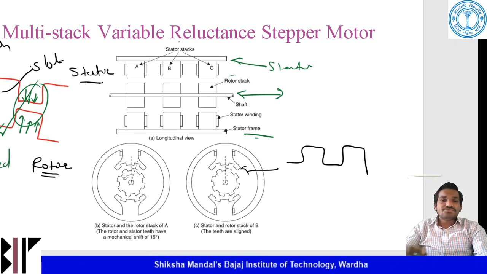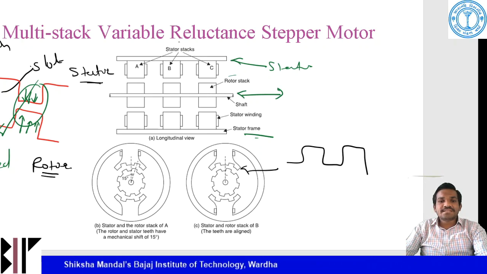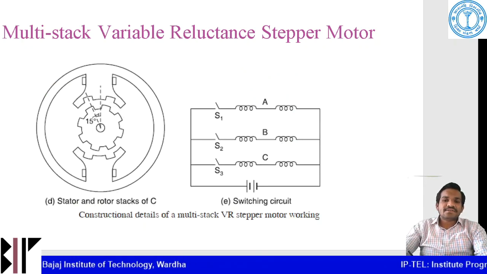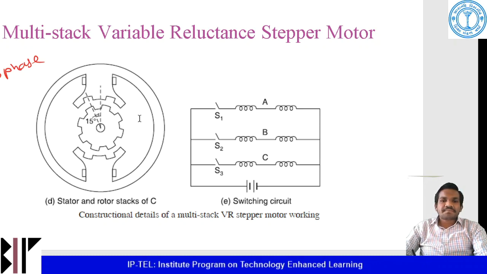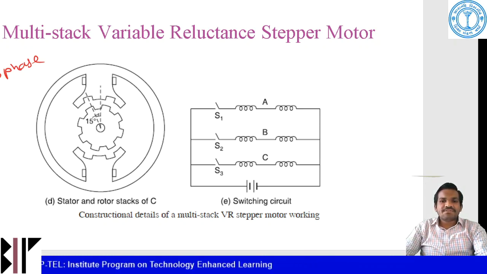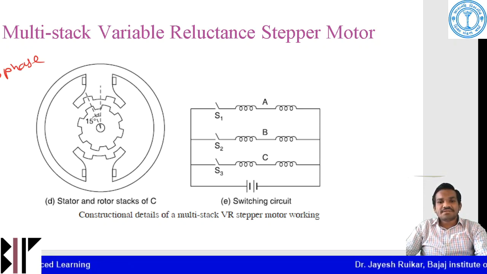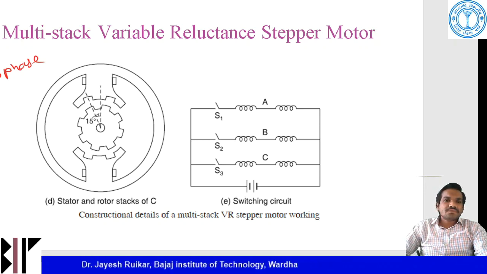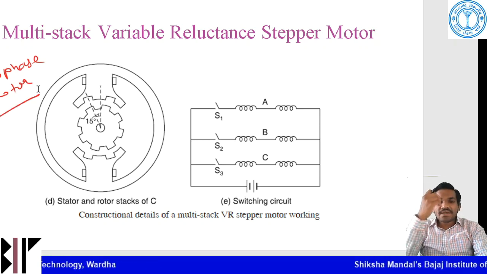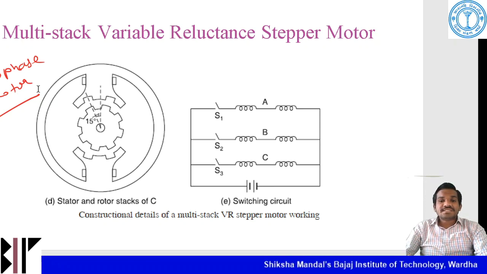Also, this diagram particularly shows that it is a three phase circuit. Also, it has a number of teeth. When we count the number of teeth, it is a two pole multi stack variable reluctance stepper motor. Two poles means it has two poles, and then it has eight rotor teeth. So rotor teeth are 8, and when you calculate its angular displacement, three stator stacks carry the